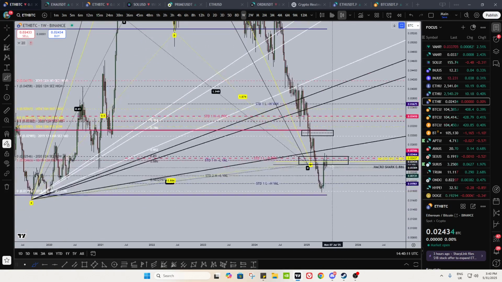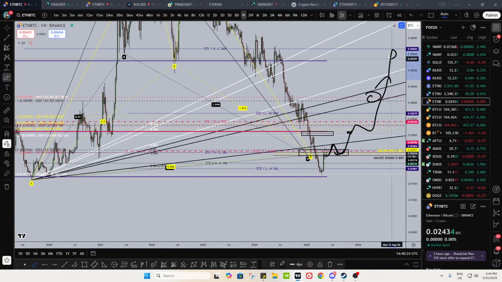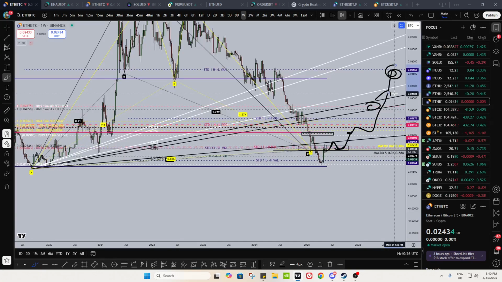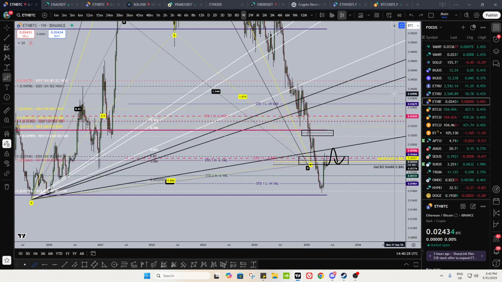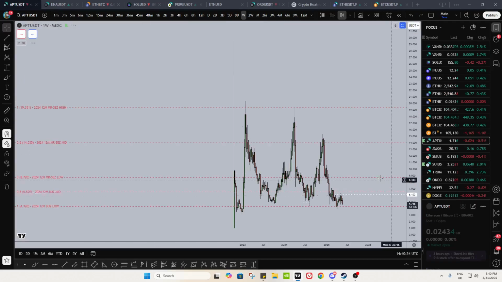So we need that. Otherwise, we might see one more pullback, maybe, right? Some more chop and then higher. But if you reclaim that, then this has a nice shot at now going towards the macro point of control. And from that point on, I will literally take yearly levels to yearly levels. No point overcomplicating it. Yearly levels to volume-based levels to yearly levels to volume-based levels, right? That's it. But ETH and ETH against BTC both look good, right? Aptos, let's look at that next.